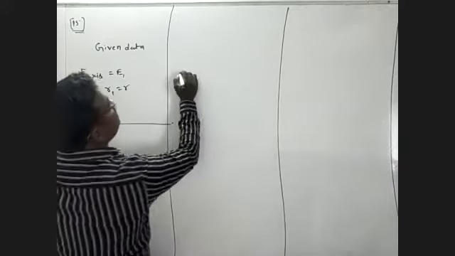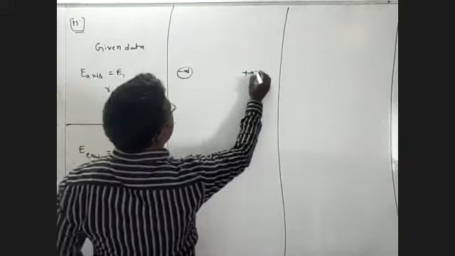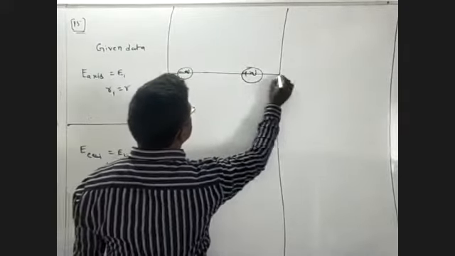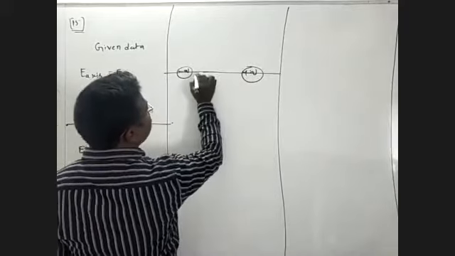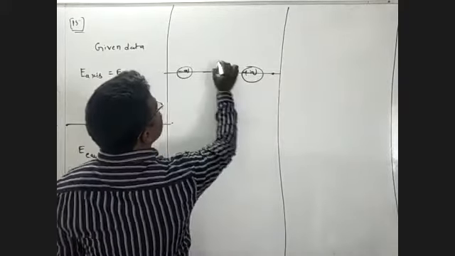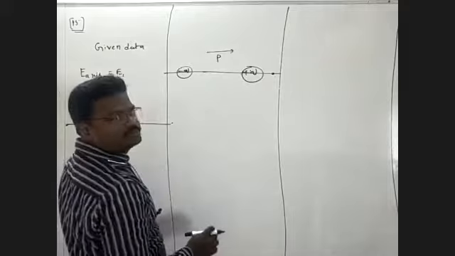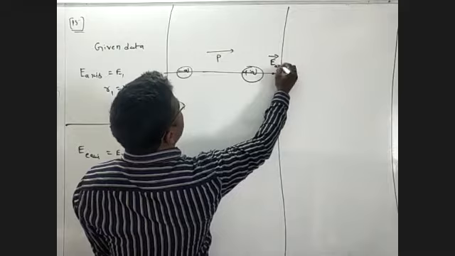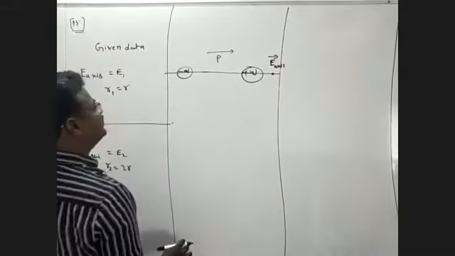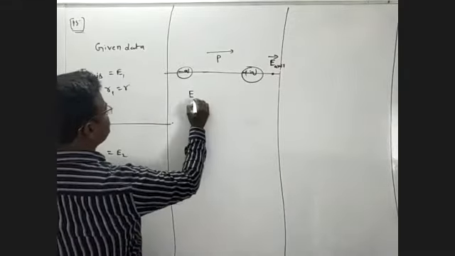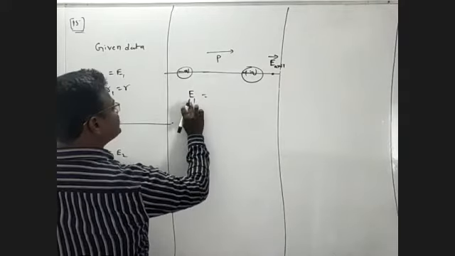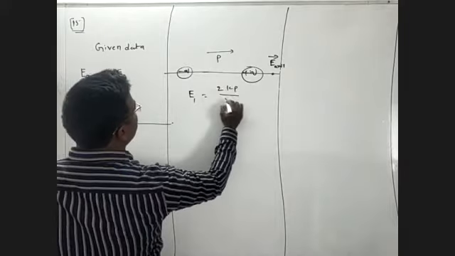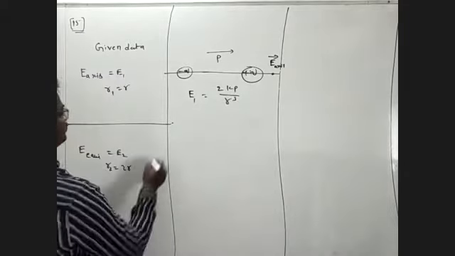E-axis means this is minus q and this is plus q, a constant. This straight line passes through minus q and plus q, and we call this the axial point. This is the direction of the electric dipole moment, and this is the direction of E-axis. E-axis and p bar are both in the same direction. Now E1 is equal to E-axis, which is 2kp by r cubed.